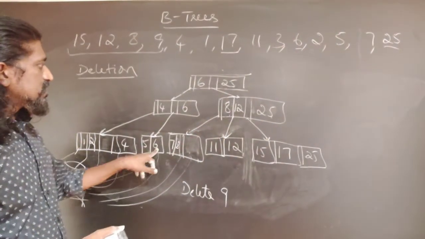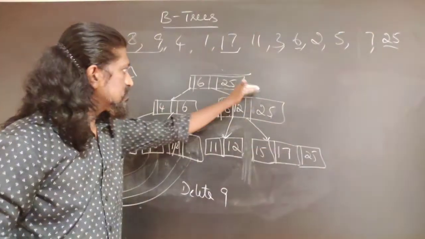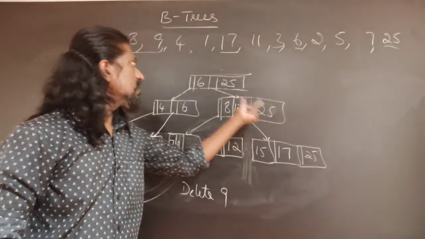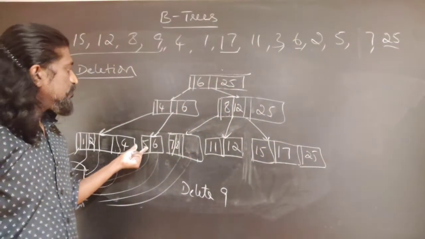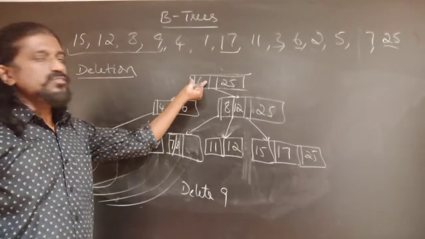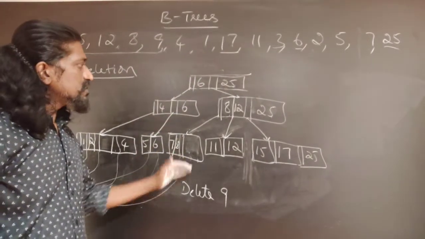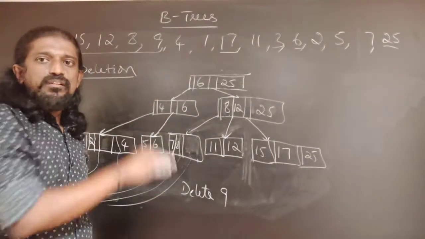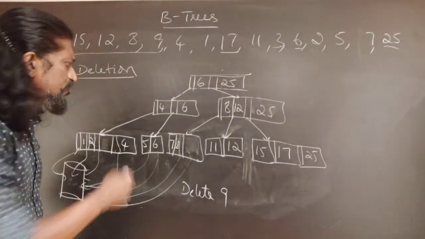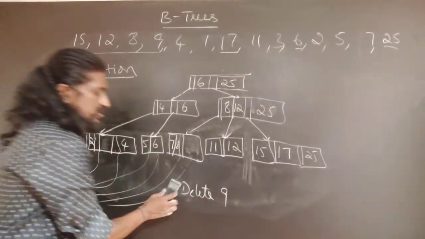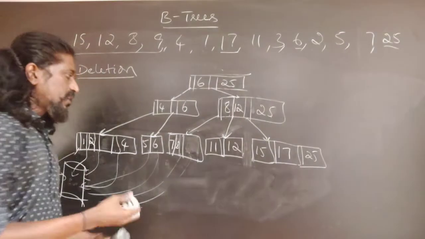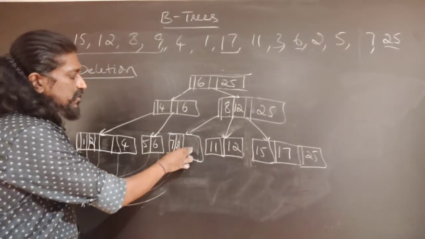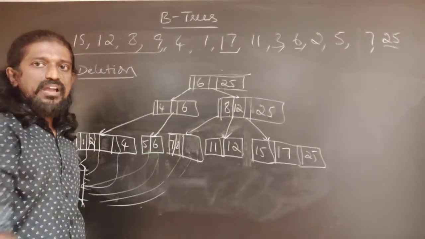Suppose we are deleting 6 or 25, then you can see they will have to be updated at 2 levels. If I delete 25, then 17 has to be updated here as well as here. If I delete 6, then the information about the next largest key has to be updated here as well as here. Same way, for some keys the information will have to be updated in multiple levels, and for some in fewer levels. So this is one case. Case one: if the key is not the largest, delete it and leave it. If the key is the largest, delete it and the next largest key has to be promoted to the higher levels.